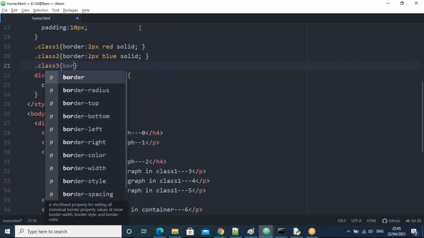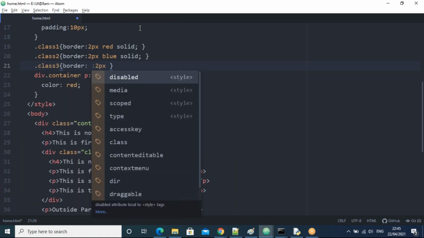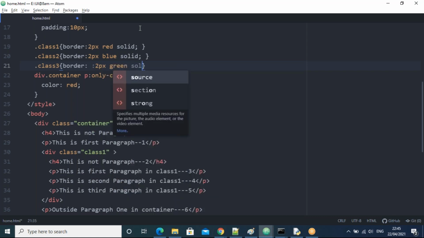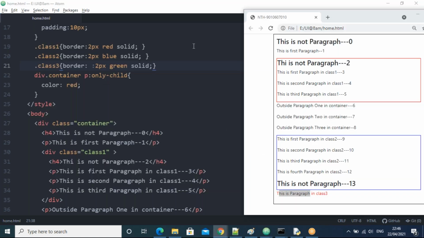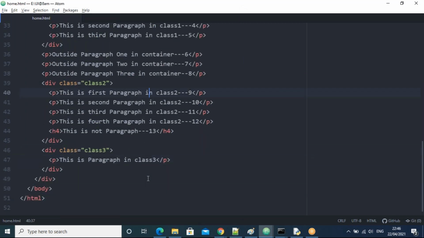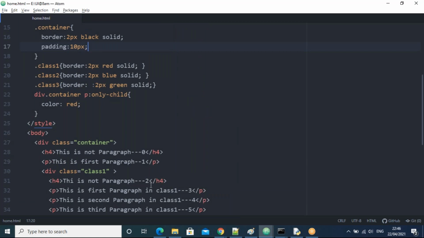I'm taking a 2 pixel border, let's take green color, solid line. We save this one. Let's go there, refresh here. So all of you observe class 3. I applied class 3.